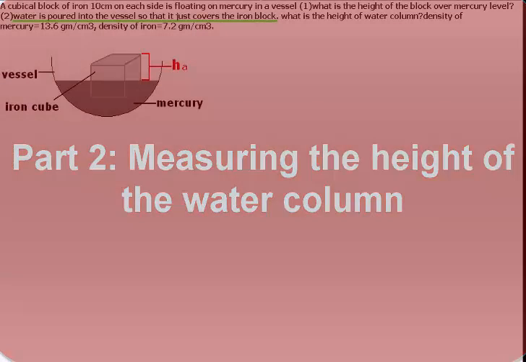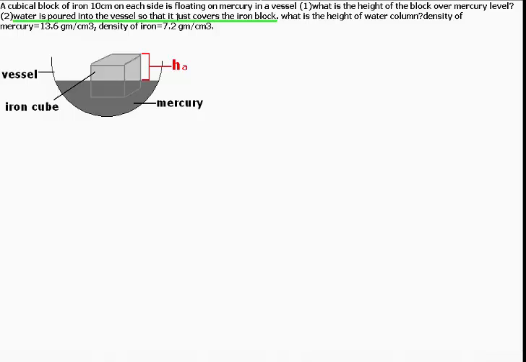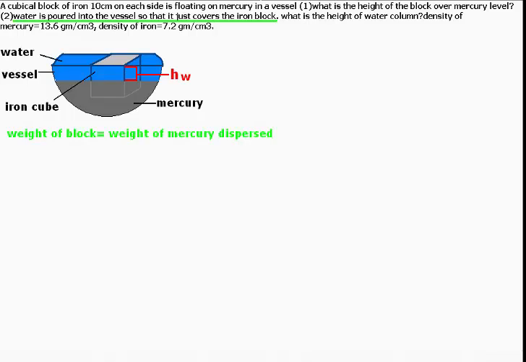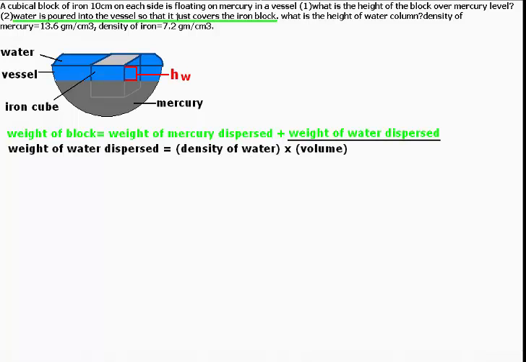So the only difference between the first part of the question and the second part is that now water has been poured into the vessel. So here we have my vessel in which water is just covering the iron block. I'm clearly no artist here, but hopefully you can still see the height of the water column, which is represented here by HW. So we're still maintaining the original equation that the weight of the block equals the weight of mercury displaced, except now we're adding the weight of water displaced, which is simply the density of water times its volume displaced. This translates to 1 gram per centimeter cubed for the density of water, which the question assumes you already know because it does not mention it,